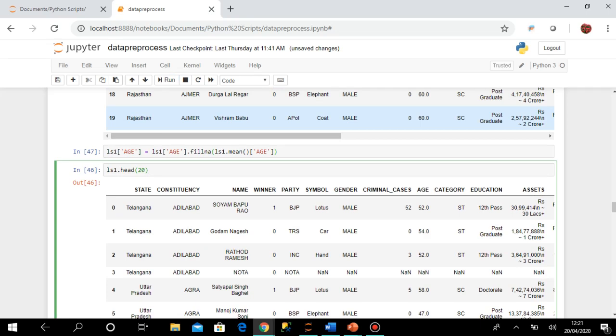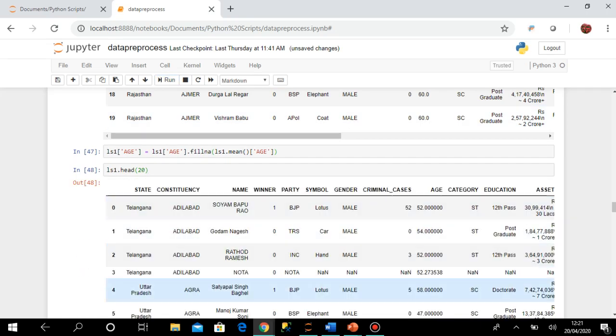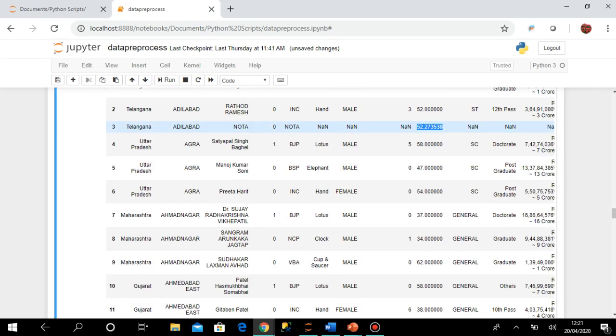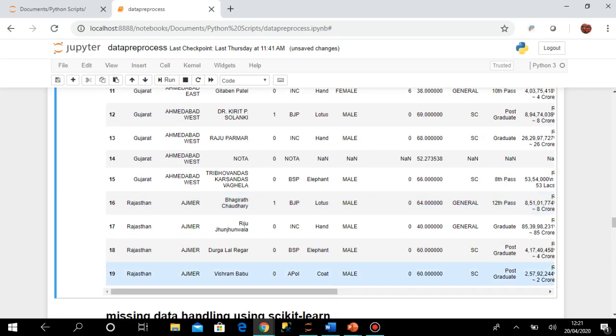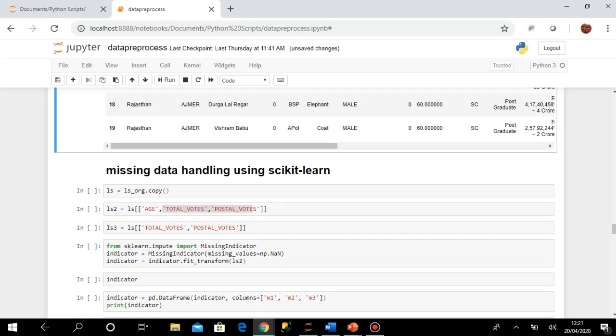Now if you execute the head function, you can see in the age column, instead of the null value, I have the mean value of the age column data. Here also, there was another place we had seen, which was populated with null values.